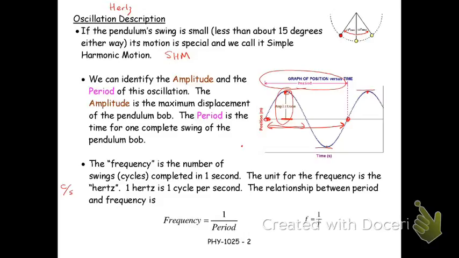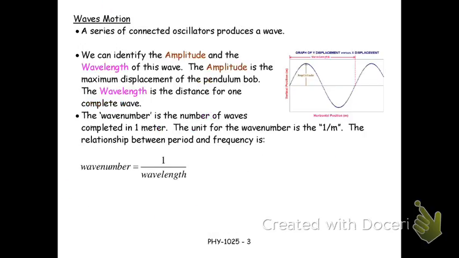So the frequency is hertz. It's 1 cycle per second. And so we can see that frequency is equal to 1 over the period. That's kind of nice. So if the period is 5 seconds, the frequency is 1 over 5 hertz. If the period is 2 seconds, it's 1 over 2 hertz. It's very nice. So we had 2 natural units, amplitude and period, and then we made another unit up so we can talk about it as we wish.